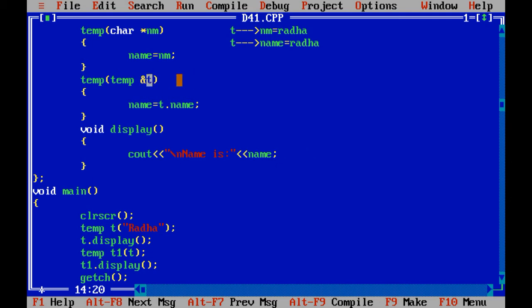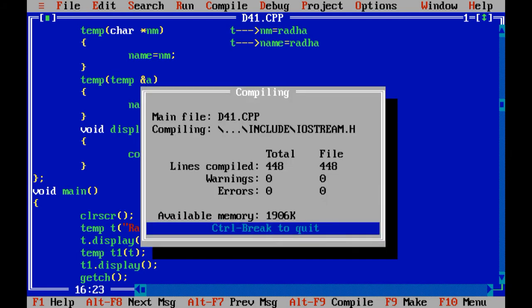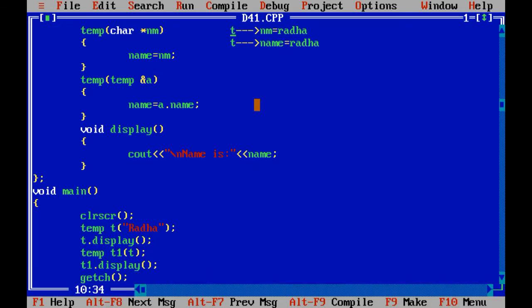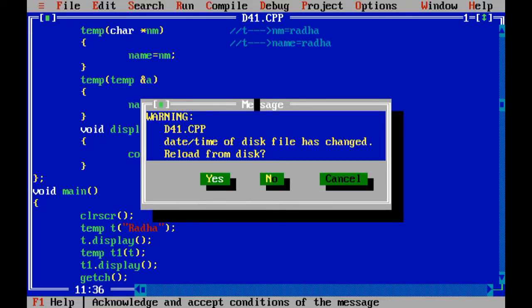Here you can take any object, then you need to use a dot name, different object or same object.